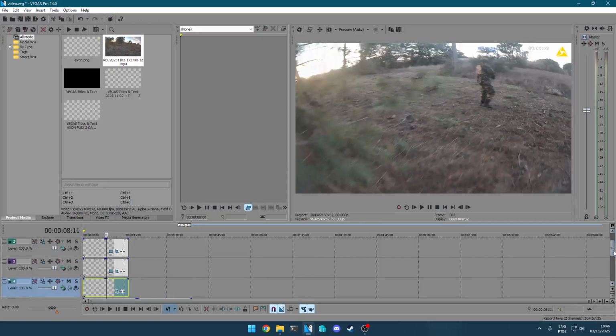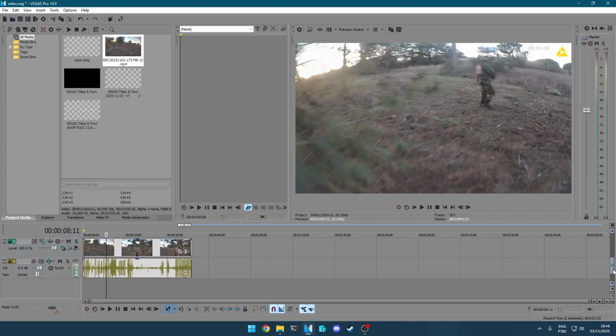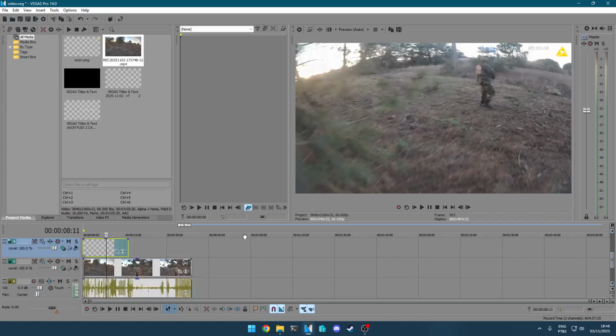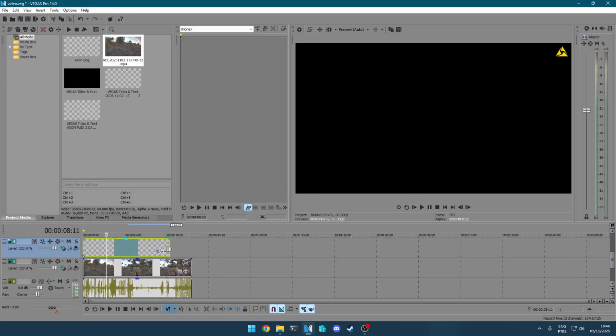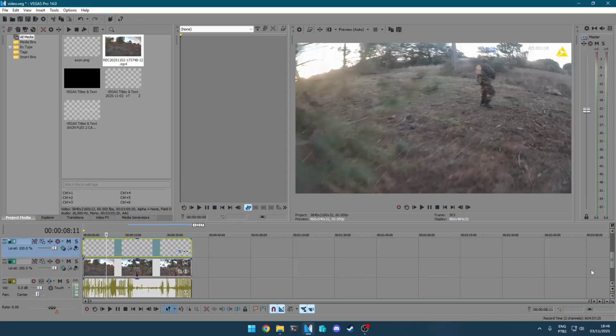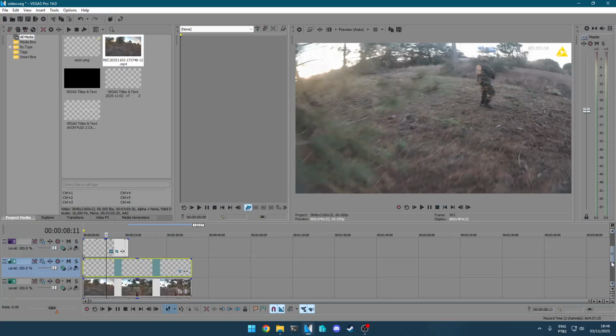Now, the first layer, you need to add the video on the bottom layers. The layer that's on top of the video is just the logo. It's just the Axon logo. As you can see there, it's just the Axon logo. The second layer